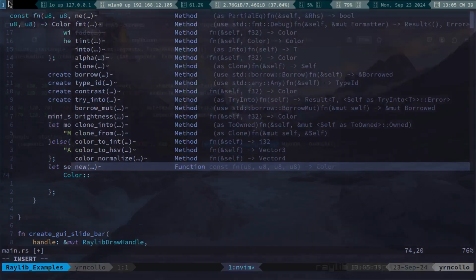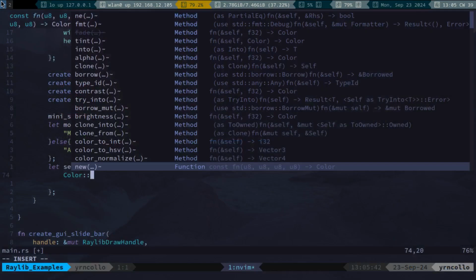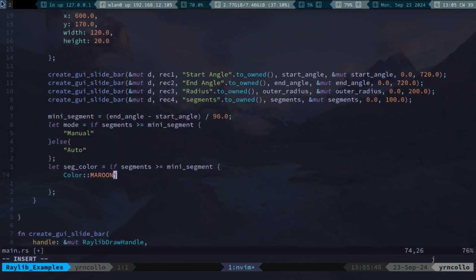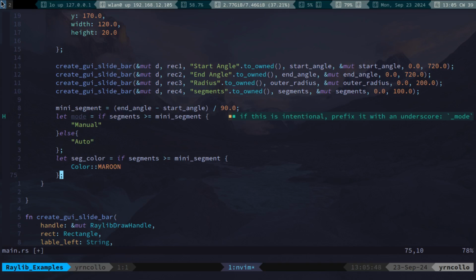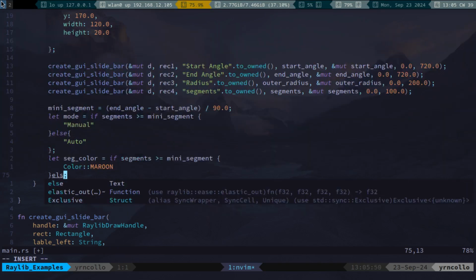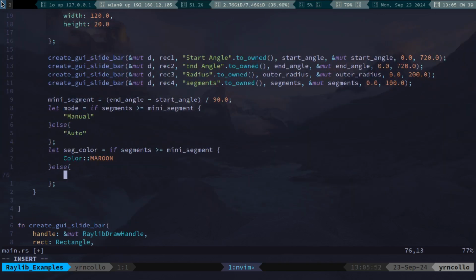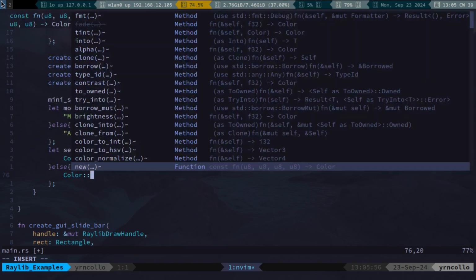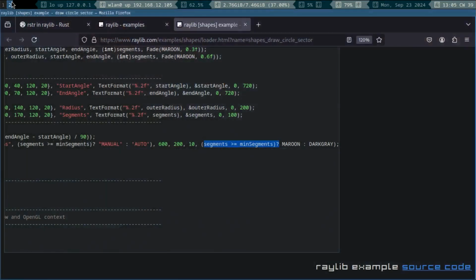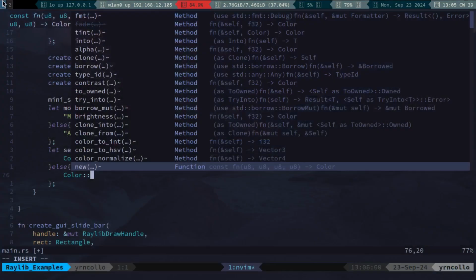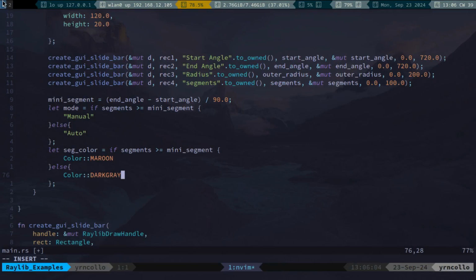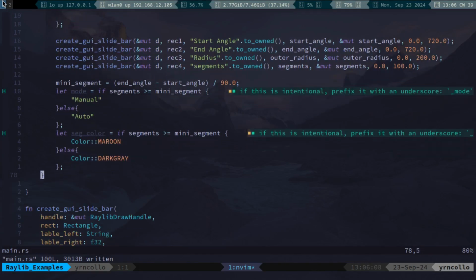If it's true, it should return maroon. Else color should return gray or what, dark gray. Nice. So